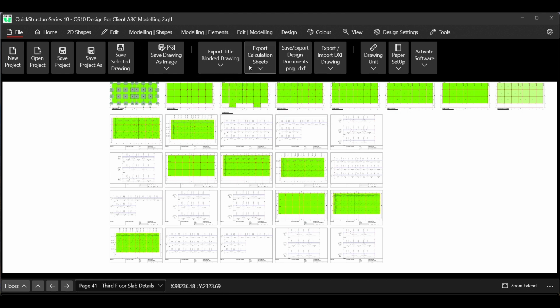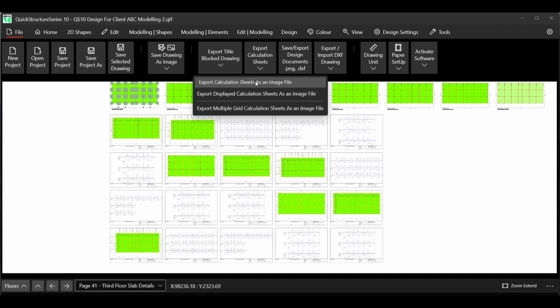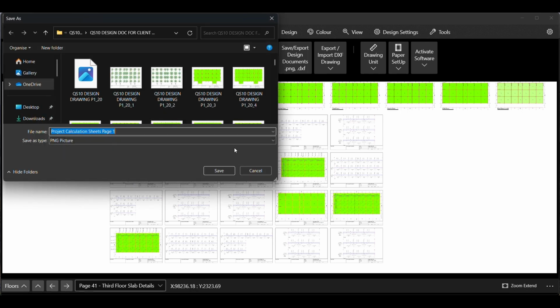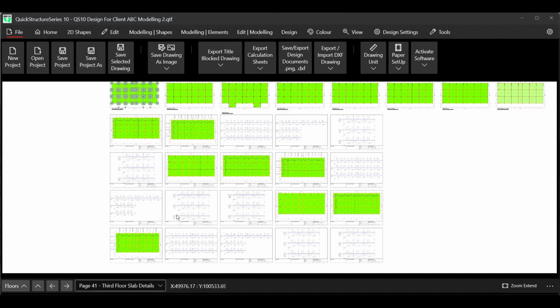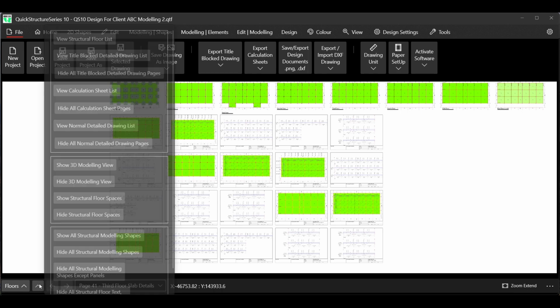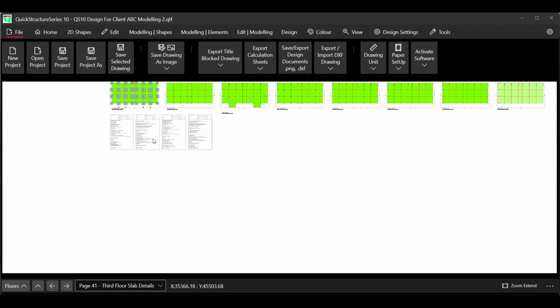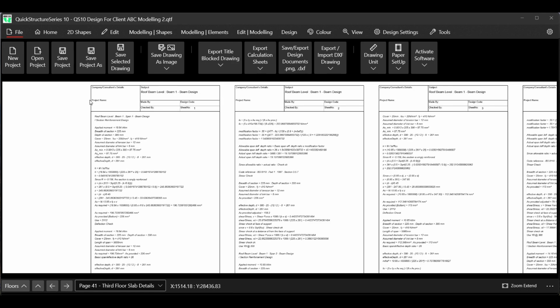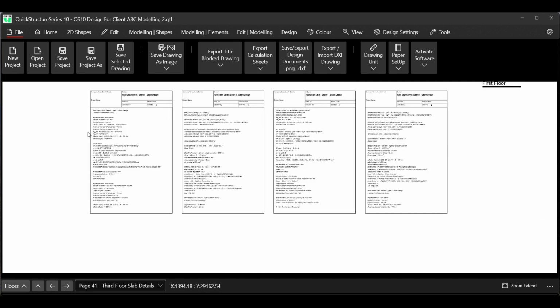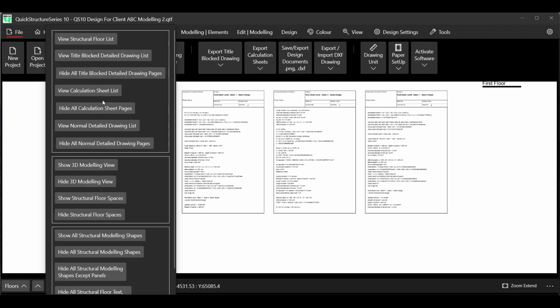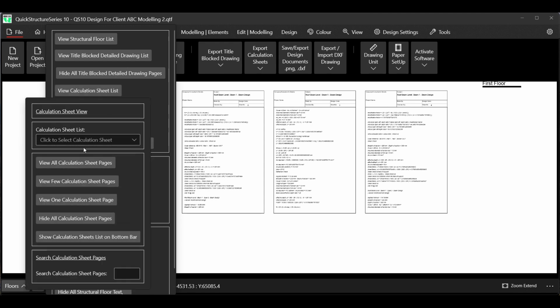The calculation sheet is a little bit lighter anyway. It's not as heavy as the detailed drawing. But in this, let me just say, just save the calculation sheet. Okay. Before I do that, so I don't confuse anyone, I'll just bring out the calculation sheet. View calculation sheet. This is the calculation sheet. Okay, so you can choose to save them in batches also. You can say this view calculation sheet, I can say